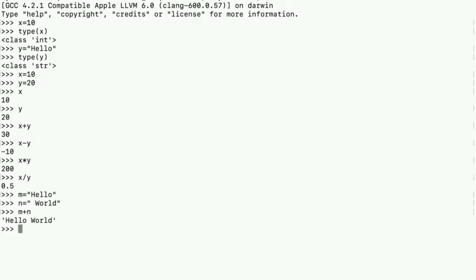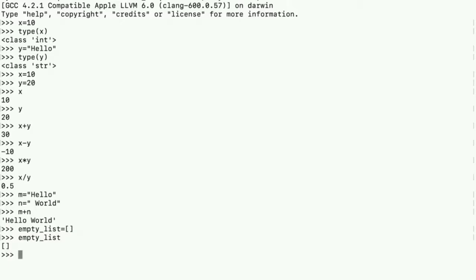We have lists in Python. Lists are similar to arrays in C++. Now let us declare an empty list. I'll say emptyList is equal to empty square brackets. If I say emptyList, we have an empty list with us.